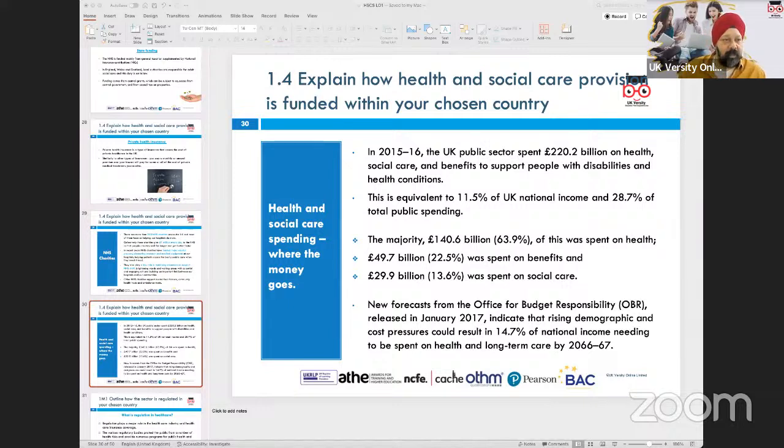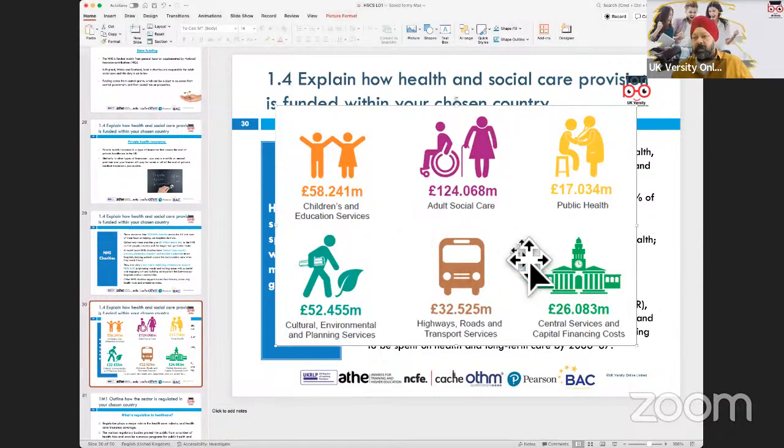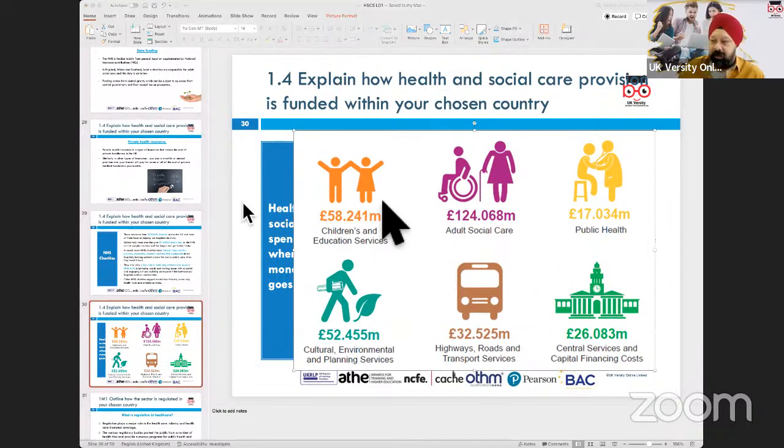So let me just bring this out as an image, which might be easier for us to understand. So let's put it this way, I just randomly picked a particular figure. When I say that we have one form of funding which comes from the local authority, this is, for example, Stockport Council, which receives council tax from the members of public. If the population of Stockport is 1.5, 1.6 million people, and some of them are exempt from council tax because they retire or whatever, but other people pay council tax, and this is the annual revenue that it generates, it is using out of that revenue 58.2 million for children and education services,